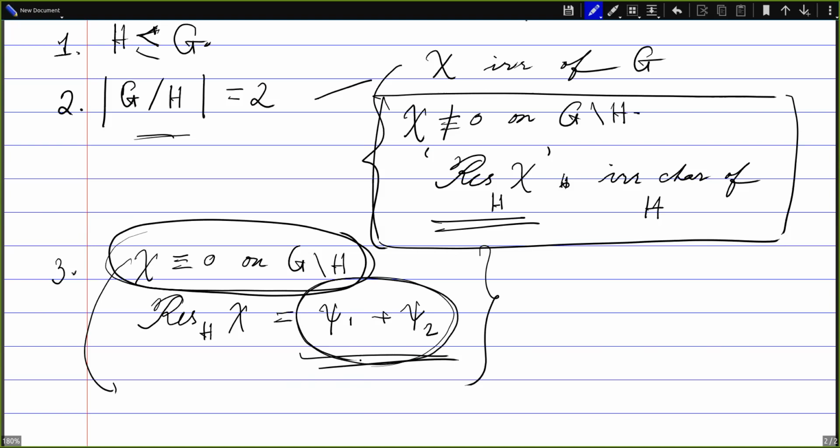So thus, let me put it in this way: for each character